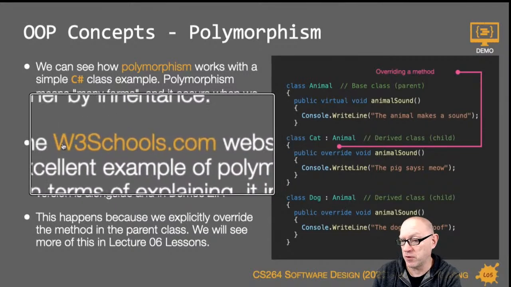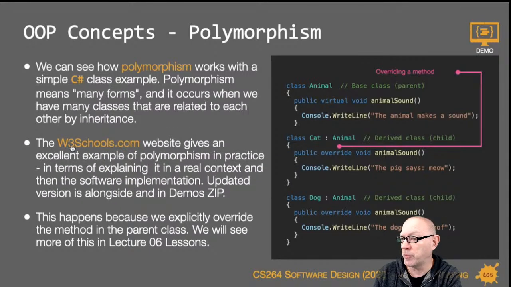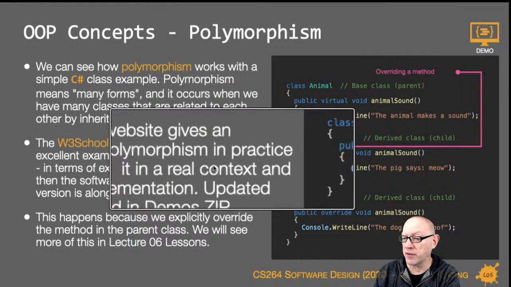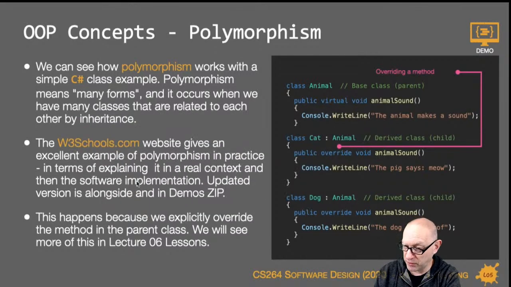Actually, the W3Schools website has a really nice example of polymorphism in practice. And what I liked about that polymorphism example, and I'd recommend you go there and look at the C# example, is that, as I mentioned earlier, it provides you with a real context and then the software implementation. Okay? So it gives a real-world example of polymorphism and then shows you how to derive the